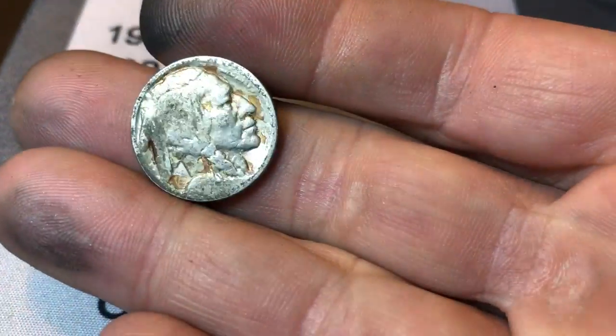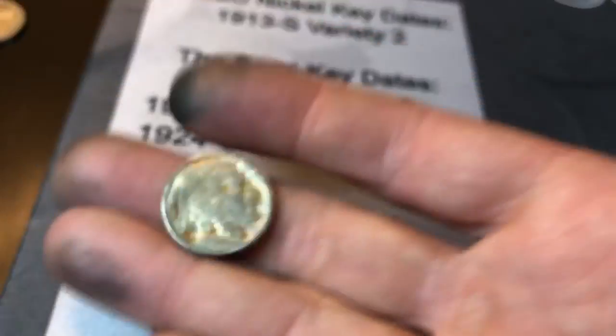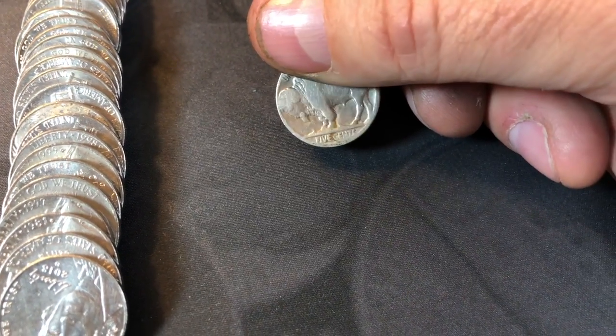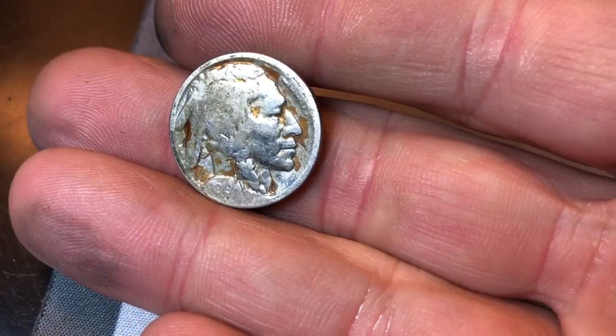Really hard to tell. Let me wipe this down a little bit, see if I can extract a date on there. And if I can't, you know the drill. We'll get out the Nic-A-Date. And it is a type 2 or variety 2 because it is the flat mound. Well, we had to use Nic-A-Date, and you can see it there,